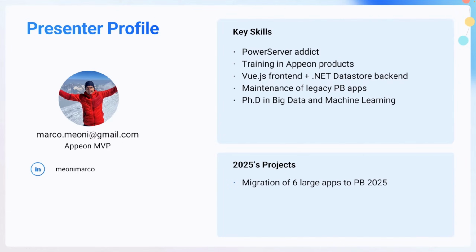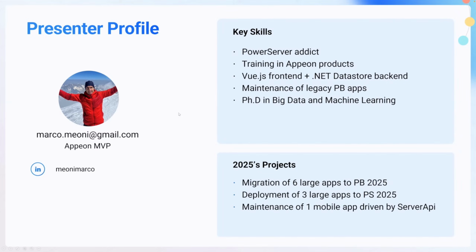Projects I have completed this year. I'm an Appian consultant and therefore put my hands in a lot of customers' PowerBuilder applications. 6 of them are considerably big and have been migrated to latest PowerBuilder 2025. 3 large conversions to PowerServer 2025 from client-server architecture. So customers that decided to go to cloud and HTTP-only communication between the app front-end and the backend. Also maintenance of an Android iOS app driven by .NET Data Store,